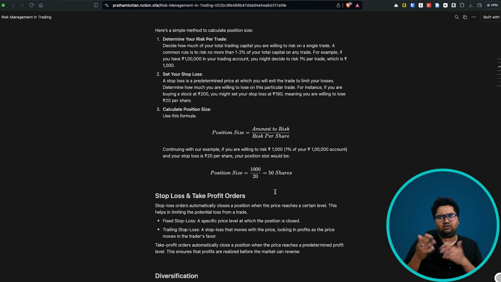So something at 1,000 rupees, 1% is 10 rupees, right? So at a 10 rupees loss, you want to sell it off. That becomes your absolute stop loss. No matter where the price heads, that stays as your stop loss. So at 990, it will be sold. That's an absolute, fixed stop loss essentially.